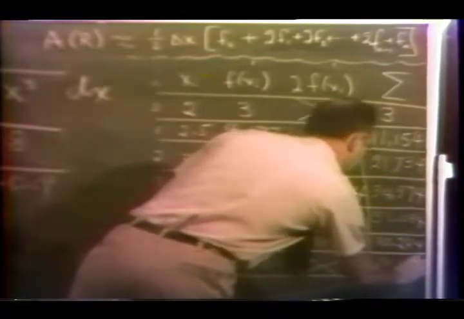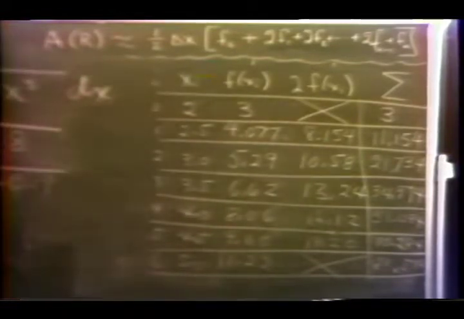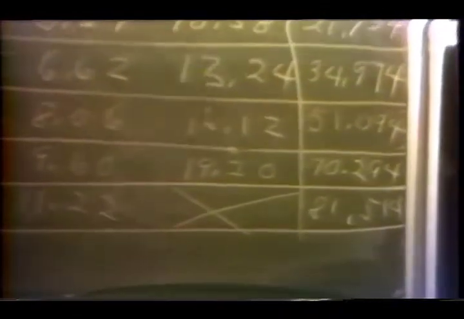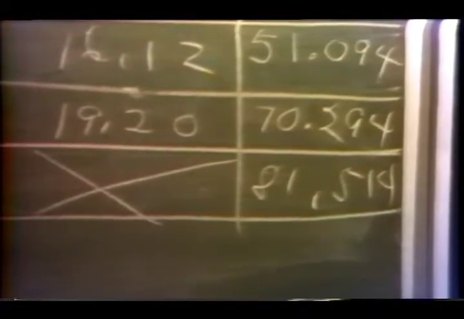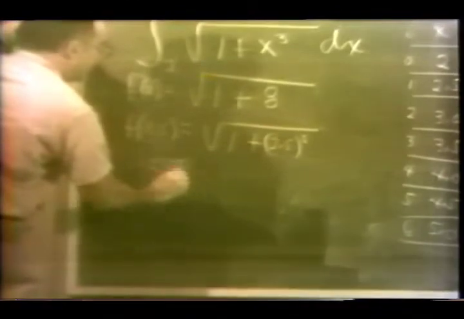81.514. Now what are we going to do with that 81.514 to get our approximation for this now? Mr. Robinson, what will we multiply that by? In other words, so far we've gotten this part here. Now we have to, all right, and delta is 1/2. 1/2 of 1/2 is 1/4 then. So we got to take 0.25 times